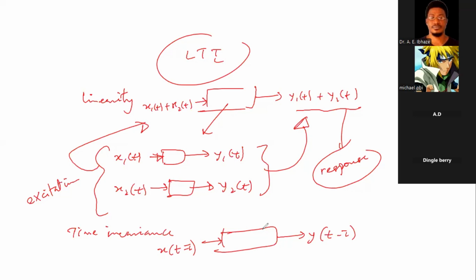But if the output is affected by variation in time, we say, well, that system is not time invariant. So it means that the response of the system should not change as time changes for us to have time invariance. So this makes for a very perfect system that may not be practically realizable, but it gives us the basis for the approximation of models. But in real life, we do not have time invariant systems,